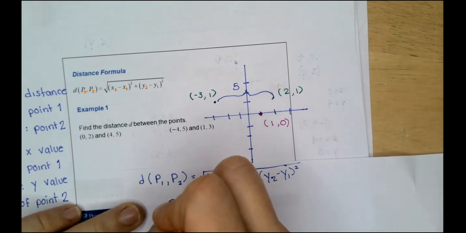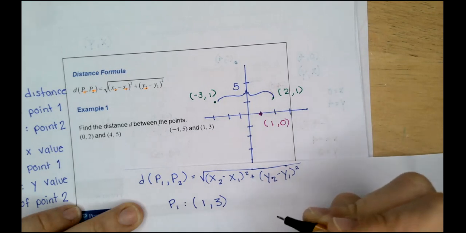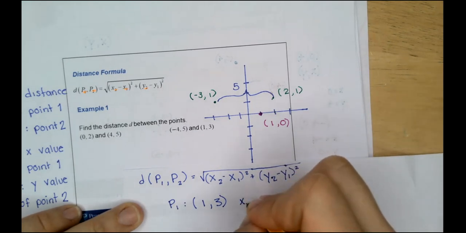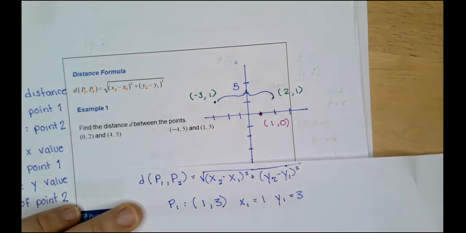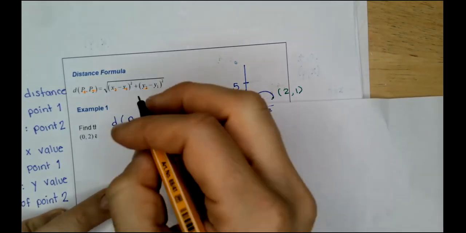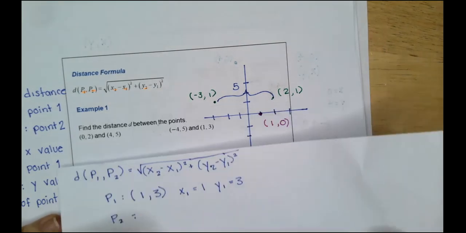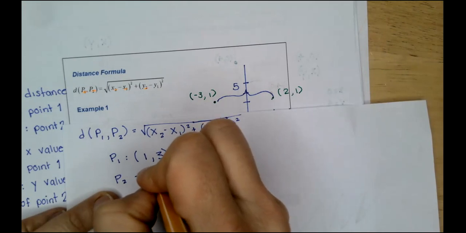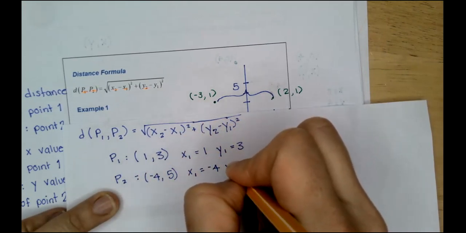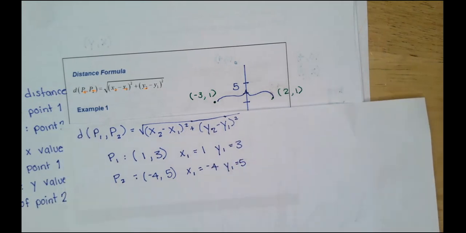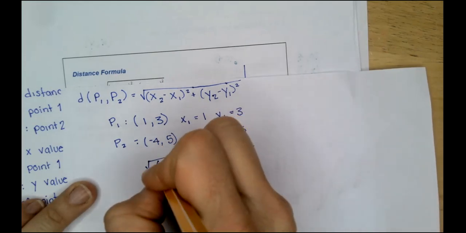So I'm going to say my P1 is 1, 3. Good. So x1 is 1, y1 is 3. My P2 is negative 4, 5. x2 is negative 4, y2 is 5. Now I'm just going to plug those in. So the distance is going to be the square root of,